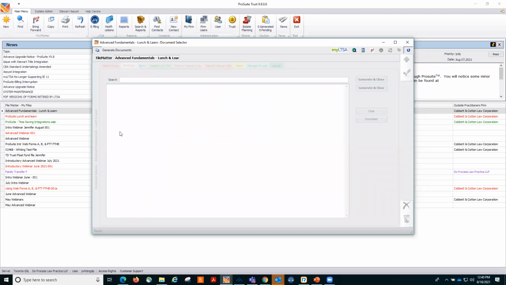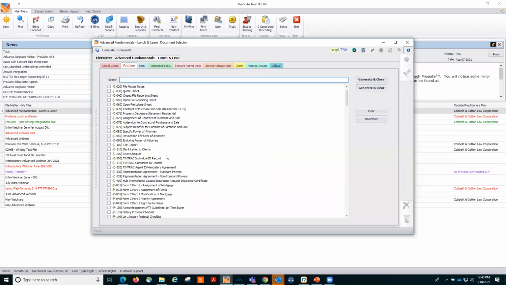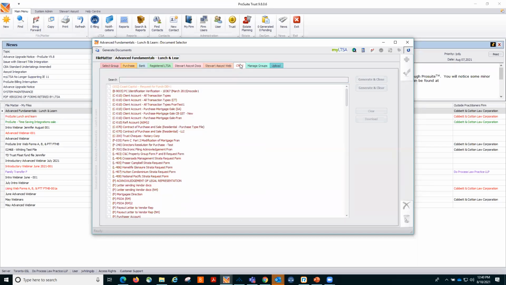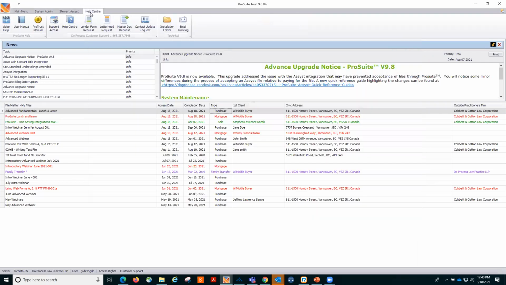Sometimes the older ones are showing up in your list of documents here, but you can always find those masters if you're looking for them under the client, okay? If you would like to request a master document, you can certainly send a master document to me by way of Word version. Or what you can do and what you should be doing is sending them over to the master